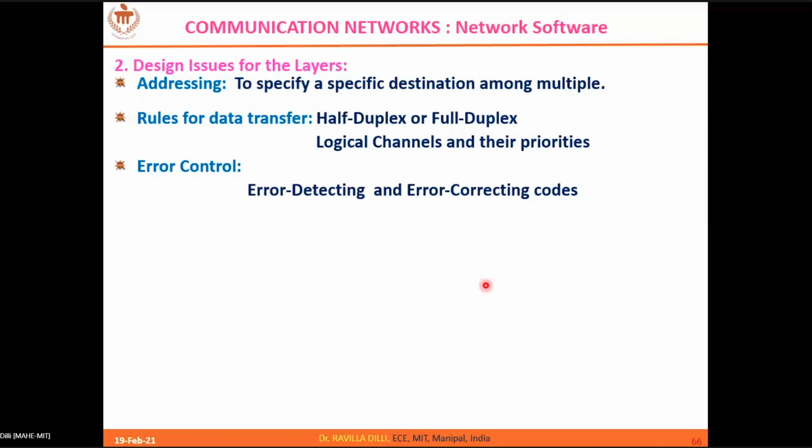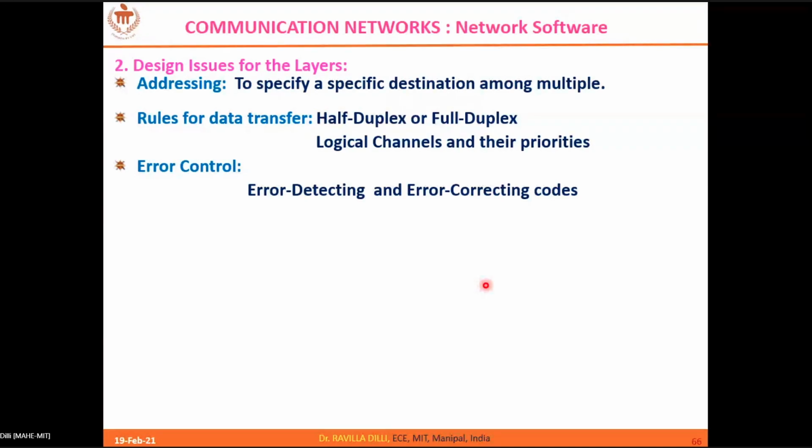The next one is error control. Error control means that when you are transmitting data, there may be errors in the medium. When the data is moving from the sender to the receiving node, there are chances that your data will be corrupted, so the binary ones and zeros get flipped to the other value. How are we going to address this at the receiver?